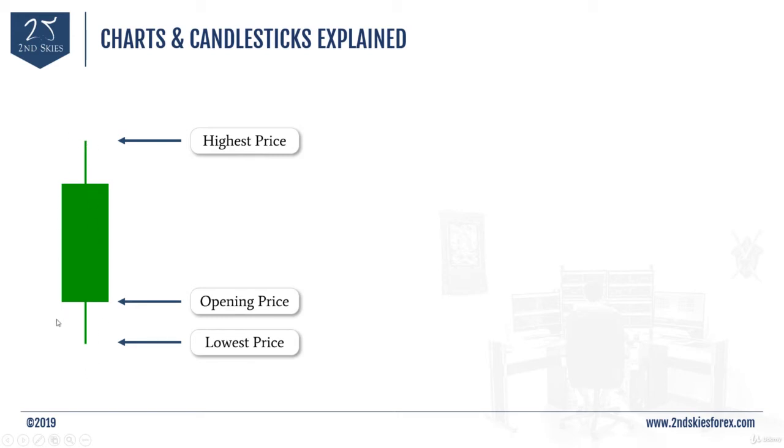So if this is a daily candle on a daily chart, this means from the low here at the bottom to the high here, the top of the wick up here, this was the entire price movement that happened during this particular day. If it was a 1 hour chart and this candlestick would represent 1 hour of price action, it would encompass all the price action and the price movement within that